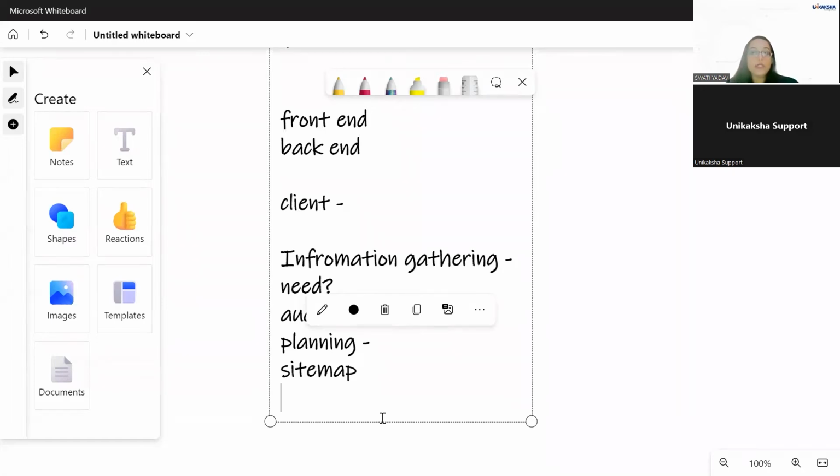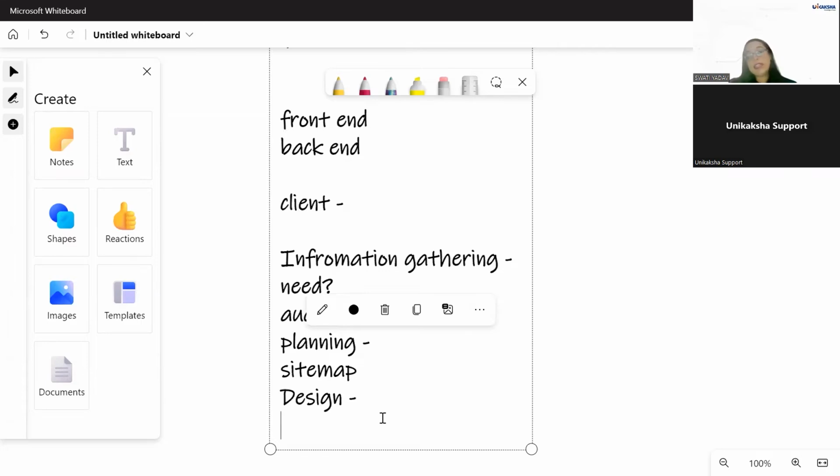Now think of the site map as a skeleton of any website, of this particular website, let's say. And web developers use the site maps to flesh out how web pages will link to each other through menus and how website data should be structured on the web server. Okay, that is the planning phase. Next, what you have is the design phase. After planning, you move on to design. You might have heard of a term called SRS in planning. It also comes in planning as well.